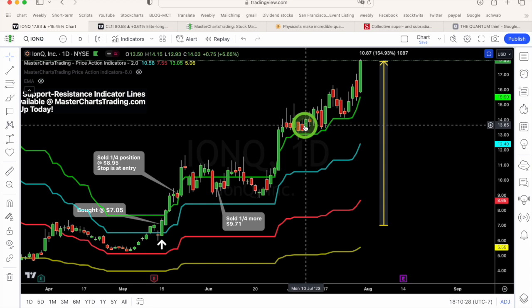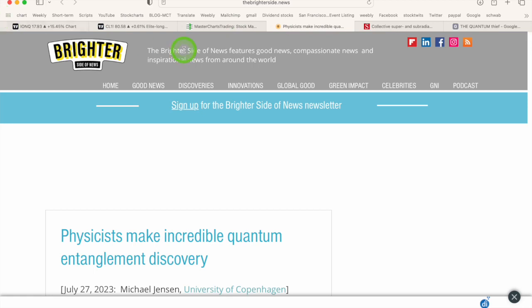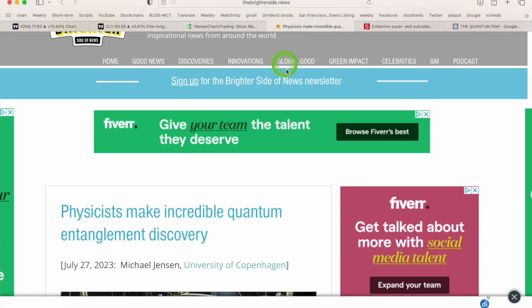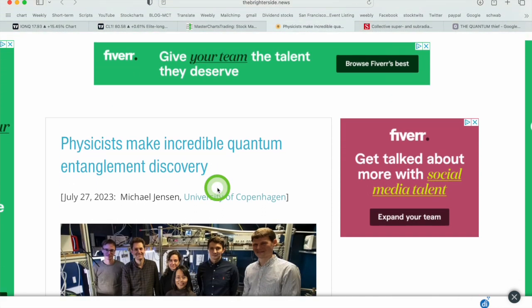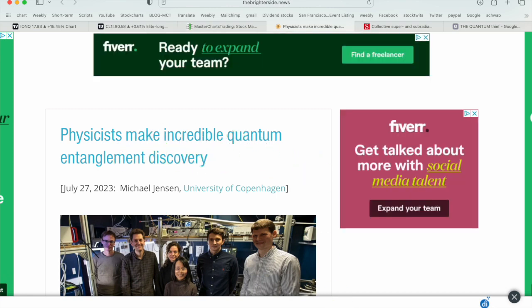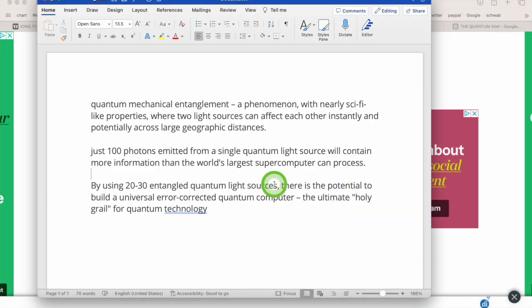And now we come to the very interesting part. I'm reading recently, this is pop science news, but they occasionally come up with things, hopefully they read the science articles and try to figure out if this is indeed true. So, quantum entanglement discovery. I did my best to understand what this is all about, but quantum entanglement,